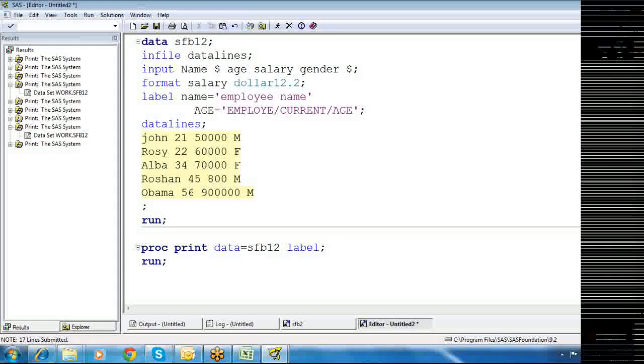So label is an option, and this label is a statement. Don't get confused. The label option is used in proc print to print the labels. If you do not use the label option in proc print, it will give the variable name, because sometimes we need to see the actual variable names. Every time if you show the label, it is not good, because we cannot do manipulation. Say, to add 1 year to each employee's age,